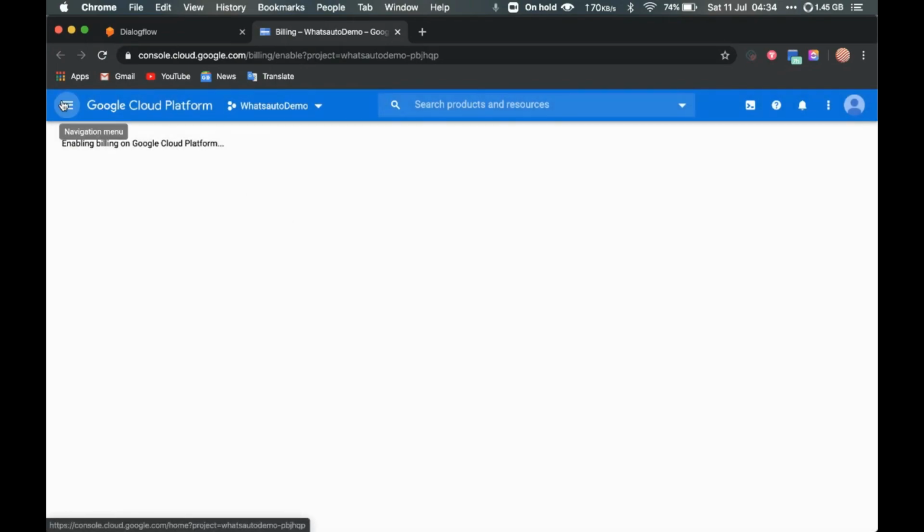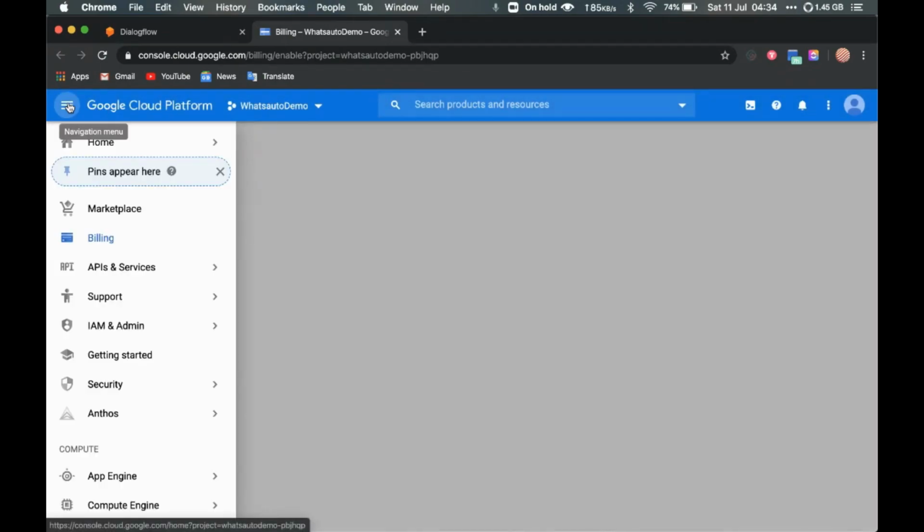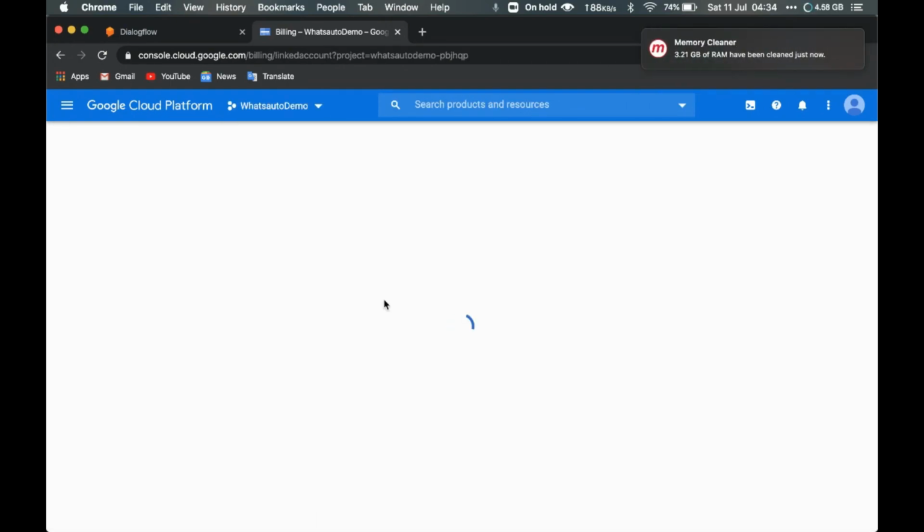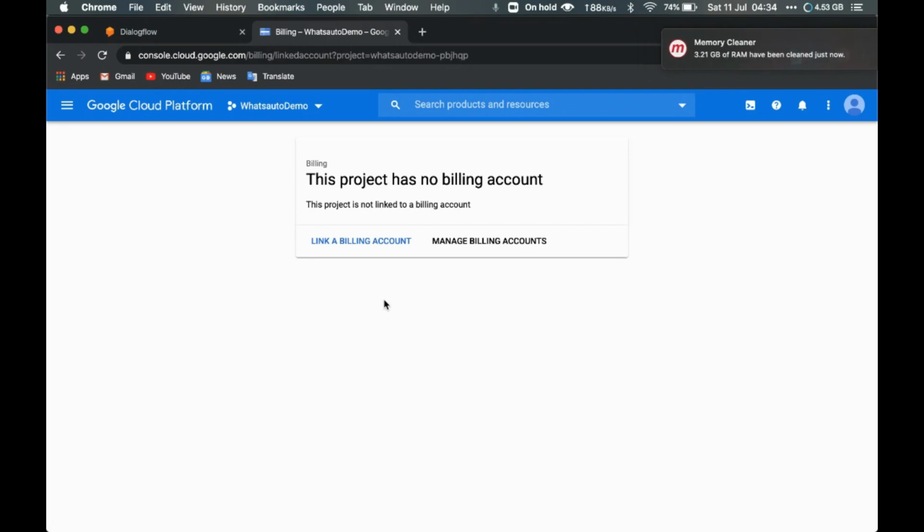Just cancel this, click on these 3 lines here and click on billing. You can click on link a billing account, but let's not do it. You can just click on manage billing account.